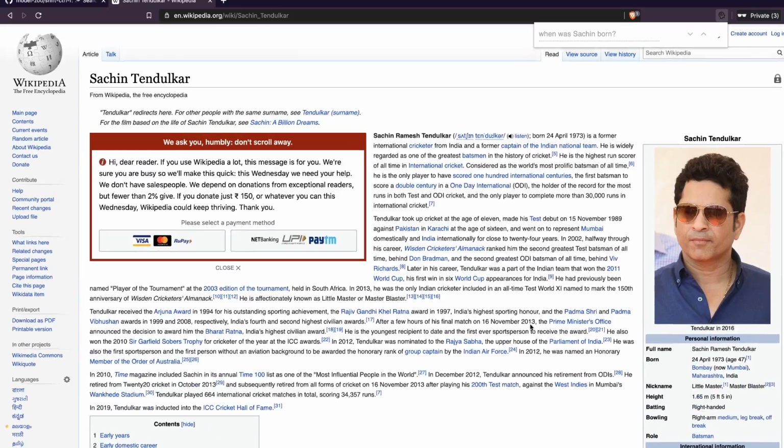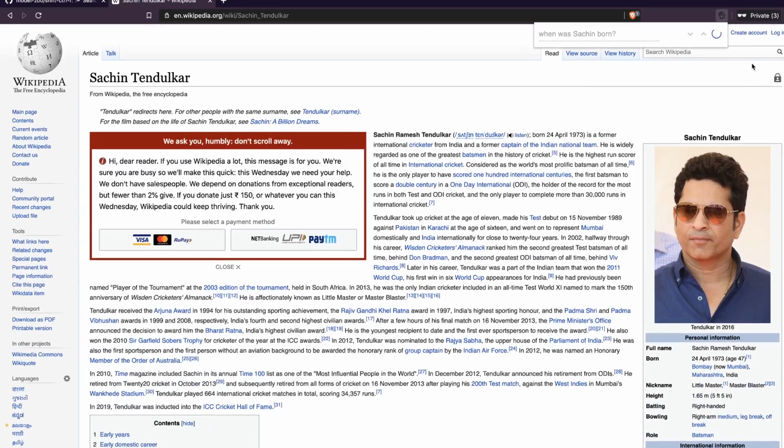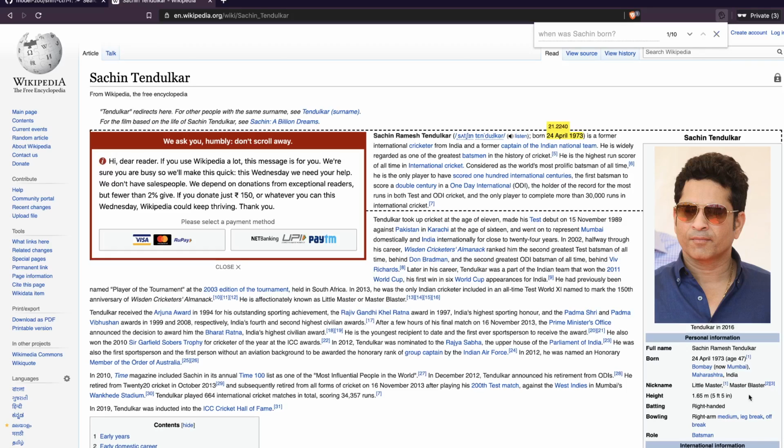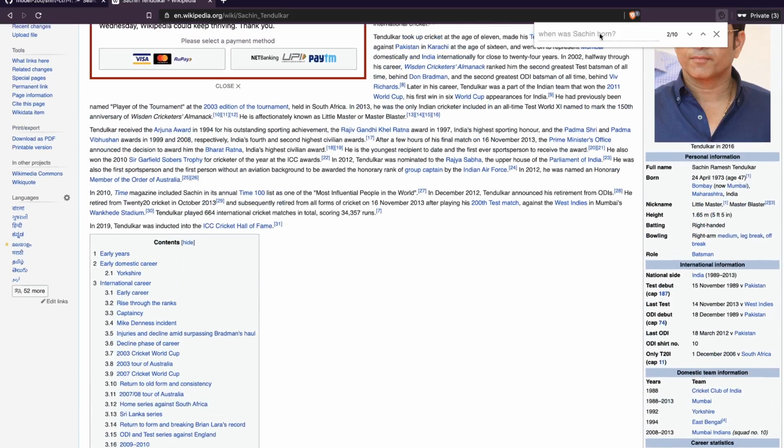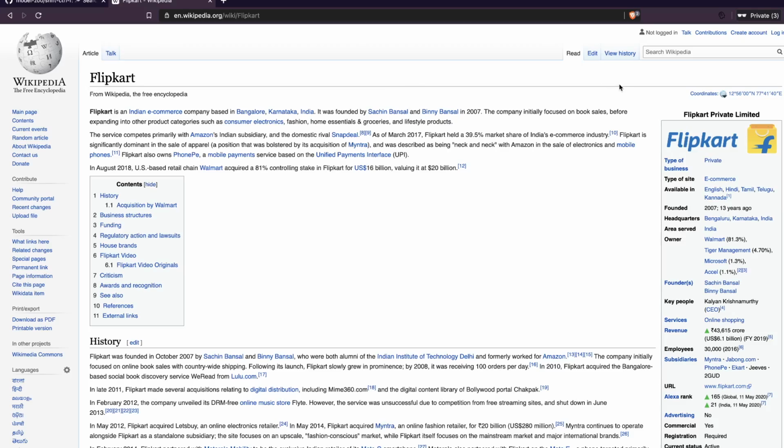So again, it's trial and error for me. So this is the latency that I mentioned. There is a little bit of latency in it parsing the content and then giving the answer. So you can see that it has got the results. It's also giving you multiple results. So one is here, and then the second one is here. So maybe now we can ask a different question on a different page. Who started Flipkart? Let's see how soon it gives the answer.